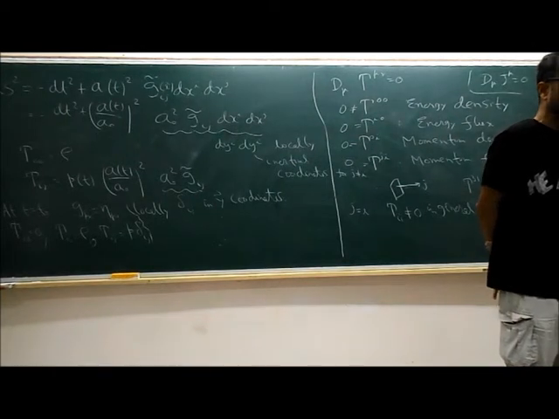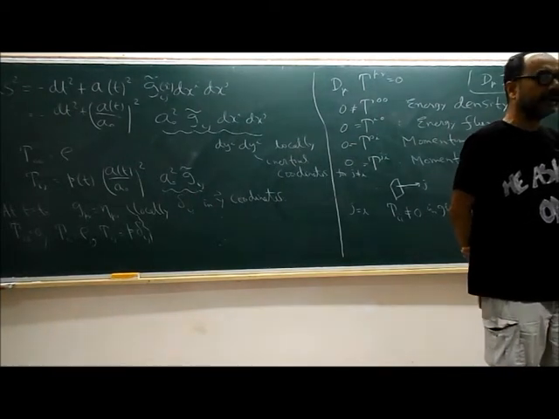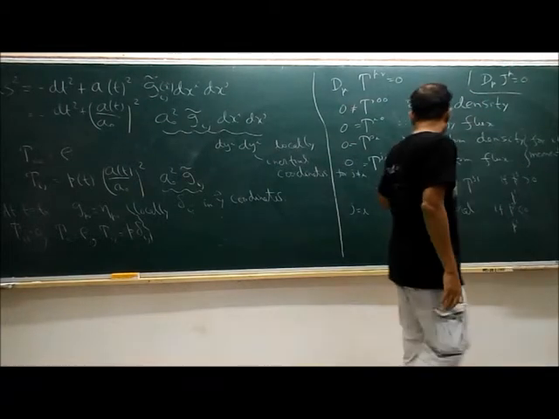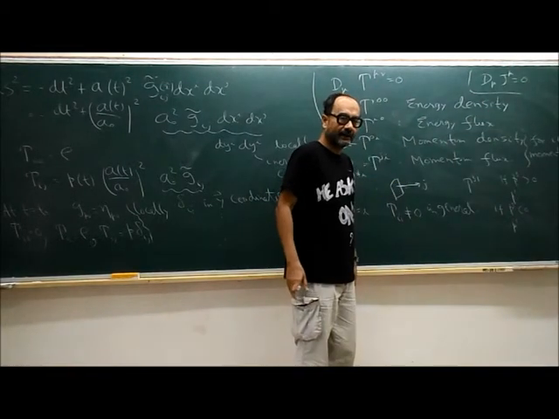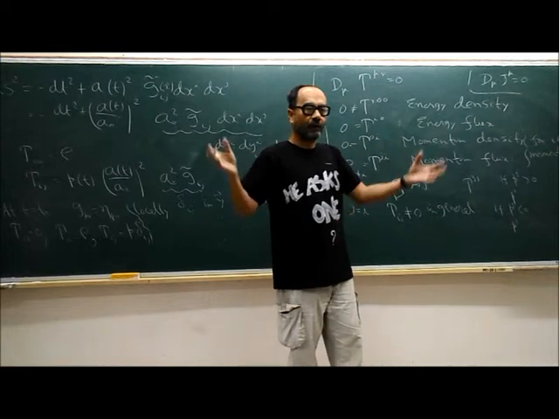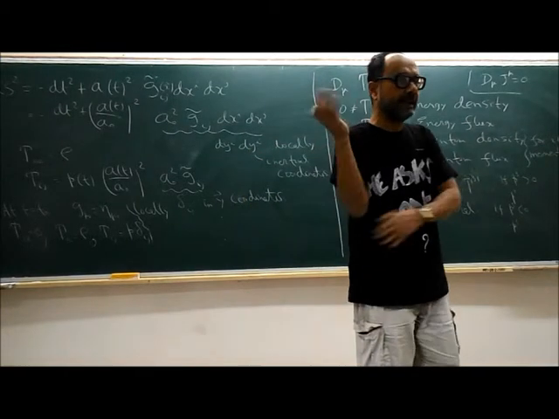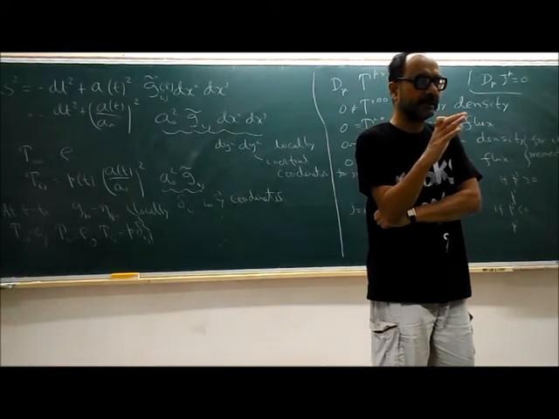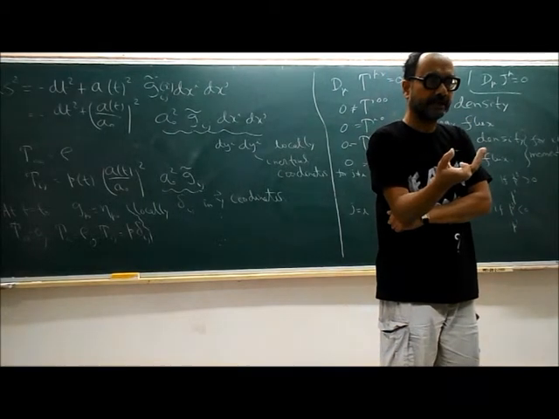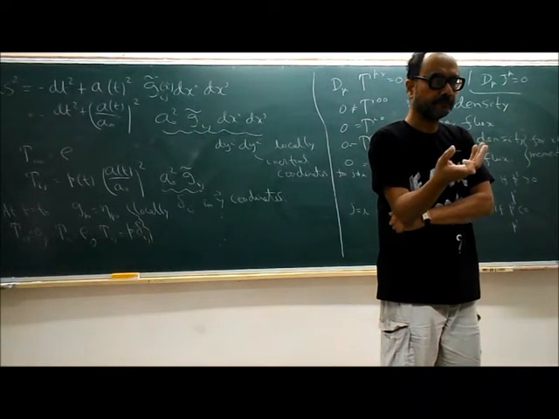Yes, everything is being done for the isotropic case. In general, nothing vanishes, right? Otherwise, you wouldn't have introduced a symbol T mu nu. The fact that we use T mu nu for all mu and nu means that in general nothing vanishes. What we are trying to study here is only the isotropic case. What are the components which vanish?